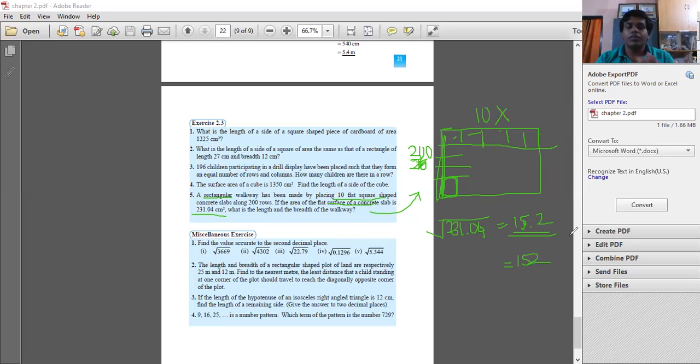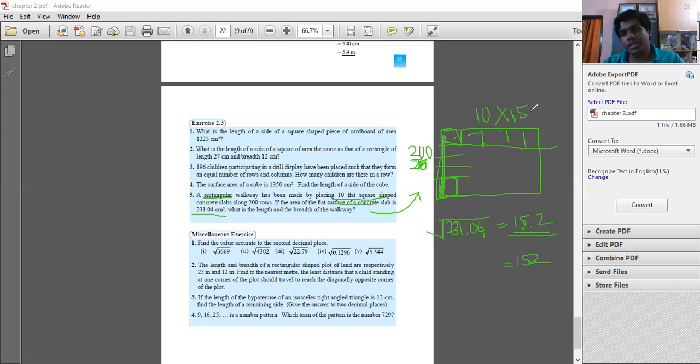Because there are 10 slabs like this, 10 parts like this on one side of this rectangle. On the other side there are 200 rows which have these slabs. There are 200 rows. So one slab has side length 15.2 as it is a square. This is 15.2 on any side, this side, this side. So basically